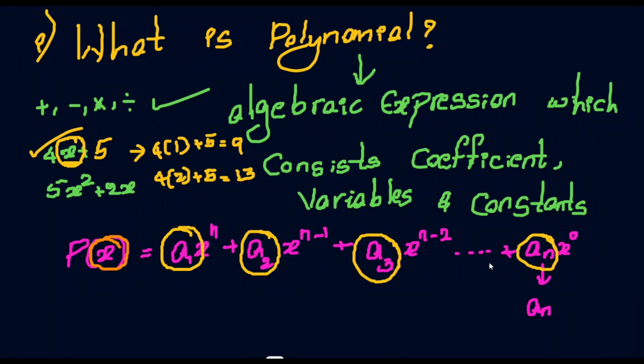And what is a constant? What do we know from the word constant itself? Constant means that which doesn't change. Constant values are stable, they don't change. So what are these constants? Constants are simply nothing but numbers. All numbers are constants. So here an is there. I'll give you an example, then you'll get to know.